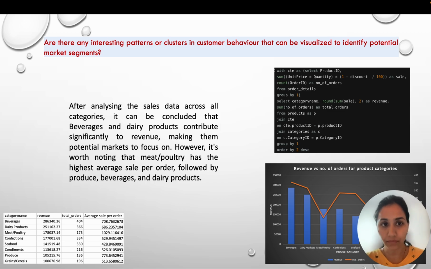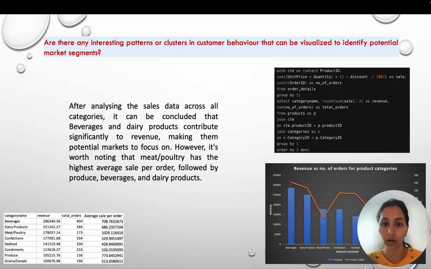Then to get the data set, I have written the query as category name and the revenue obtained from the CTE and the number of orders, also from the CTE. So the data set we get is the category name, revenue and total orders, and I have found the average sales per order, so that we get more insight into the data set. For this data set, I have created